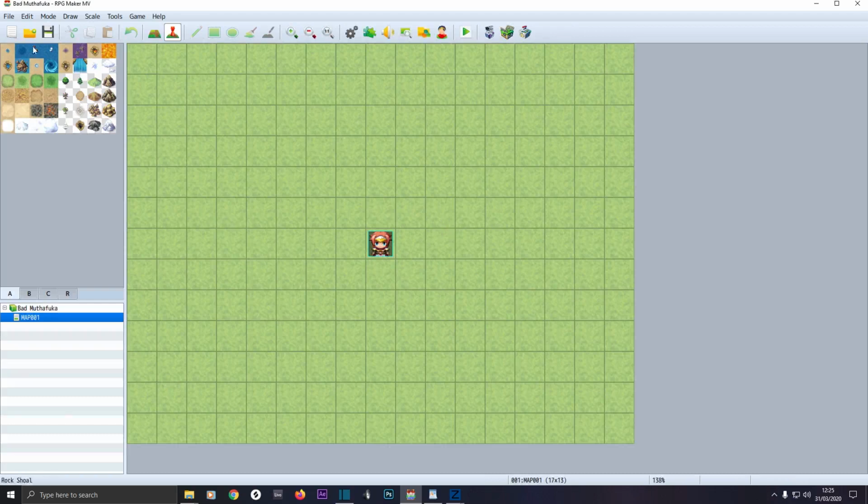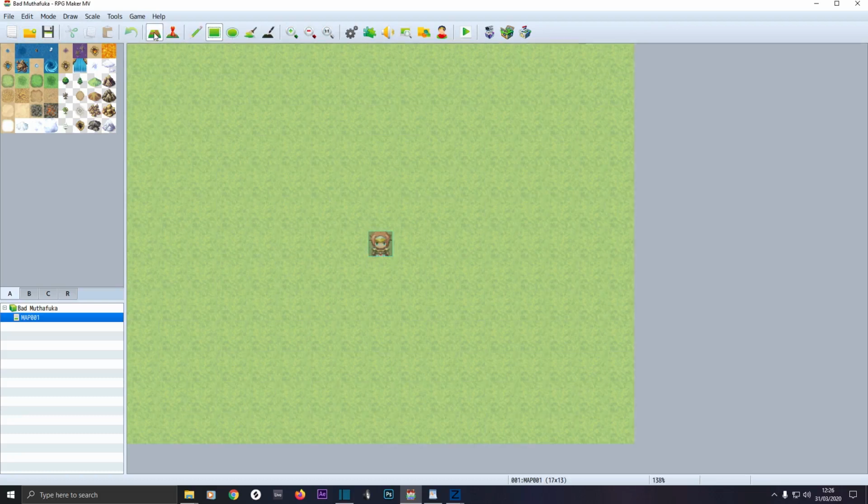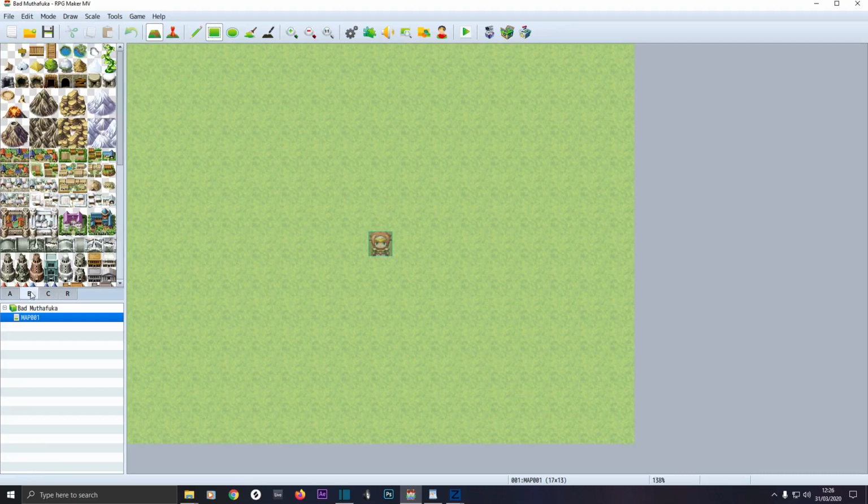And what you've got, you can click on here to create a new project. Open a project here where the mouse icon is. Save a project. This, if you click on that, this is in the next tutorial I'll be covering. You can click on A, B or C for your tile sets. So we could highlight that, then since it's on square we can just paste it in there